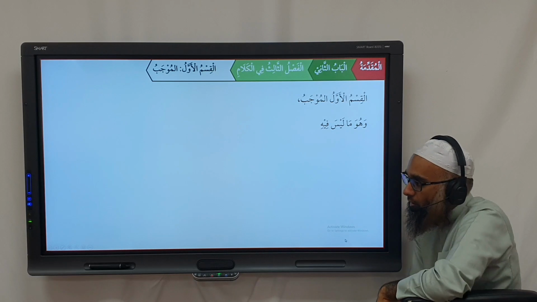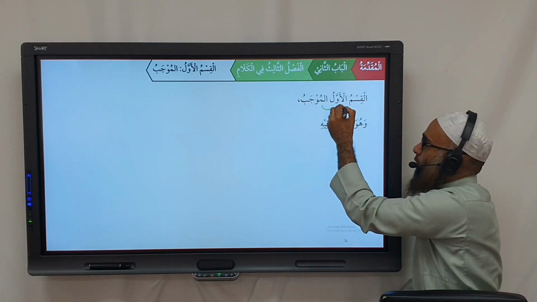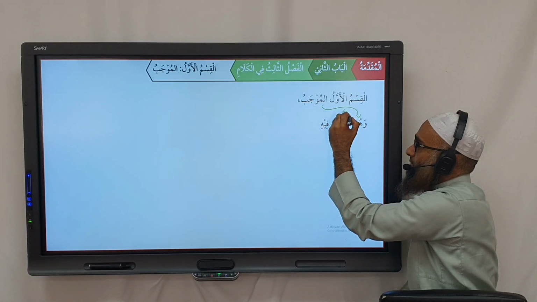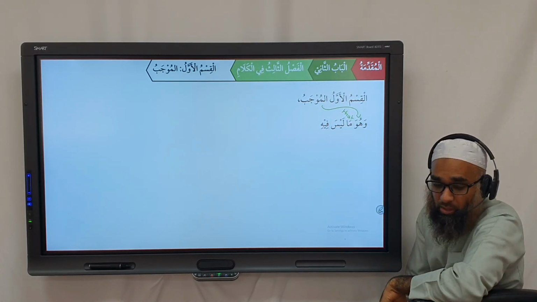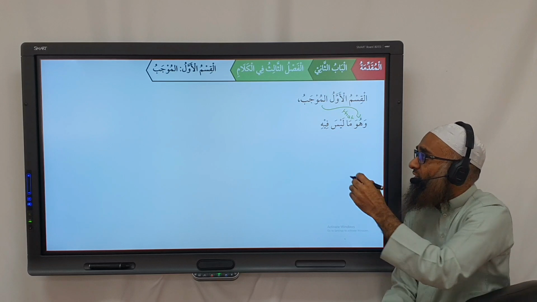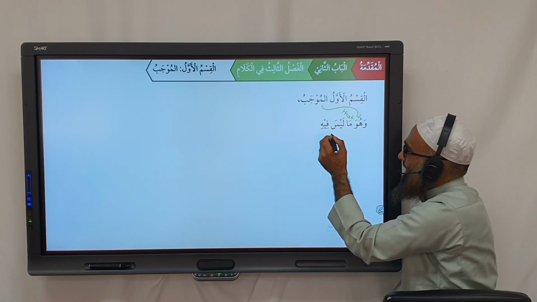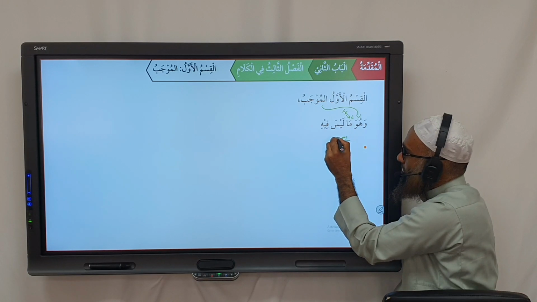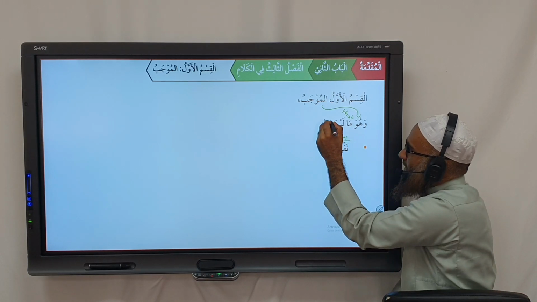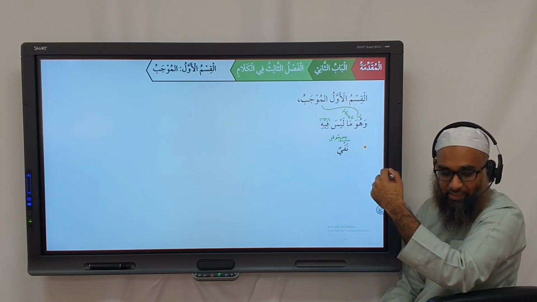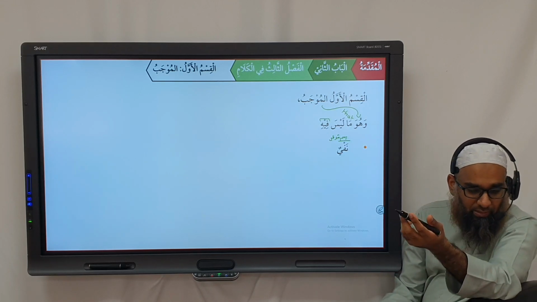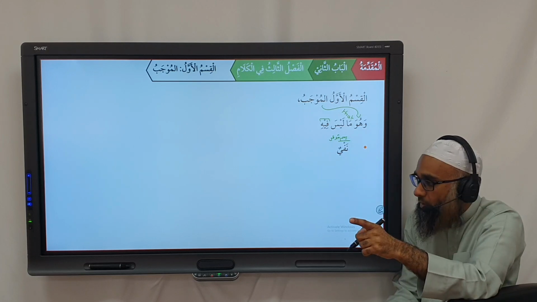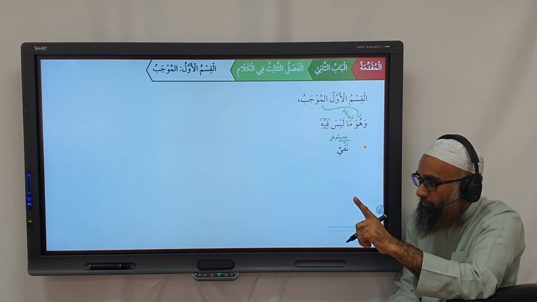What does Mujab mean? Wahuwa Mujab, ma mawsul, is that. Mujab is that Laysa fihi. This is the ism mu'akhar, this is khabar muqaddam. There isn't a nafi in it. You understand the structure? So wahuwa al-kalam al-mujab is that